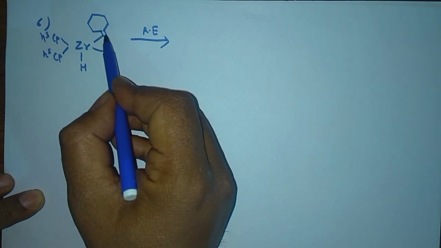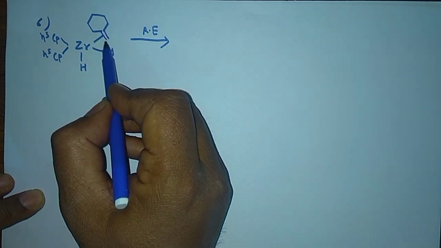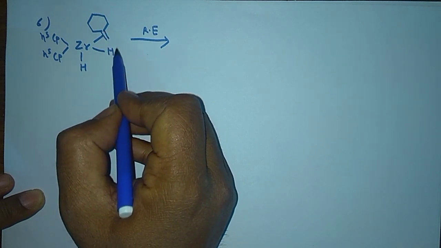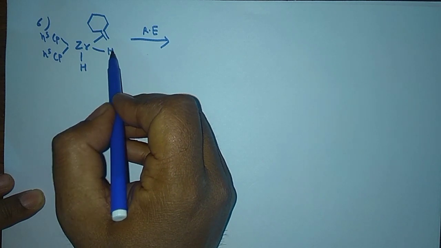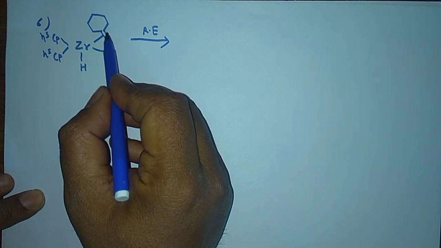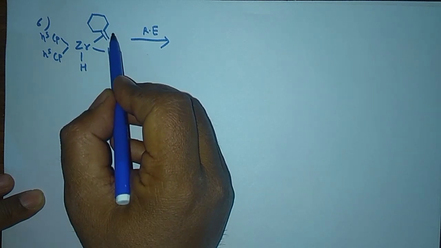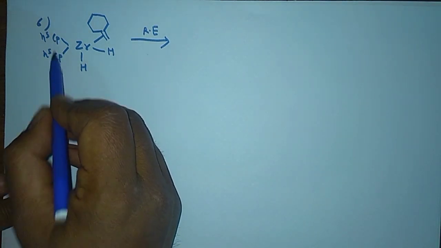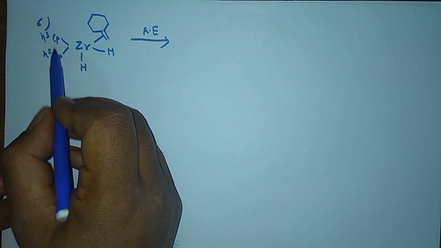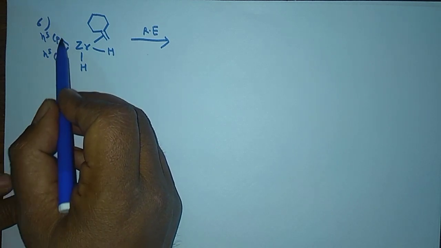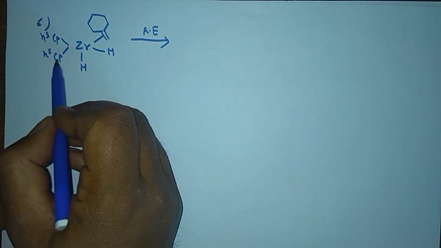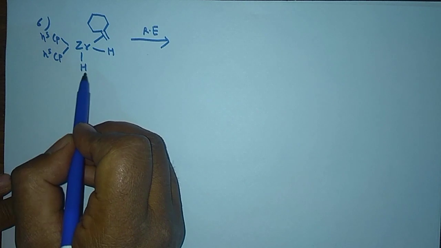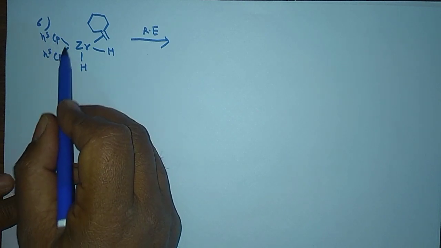So this cyclohexyl part and hydrogen have the cis relationship. But if you combine this with this, there is no way by which you can add the hydrogen to this one. If you add the hydrogen to this one somewhere, then it would be a reactive molecule. So you cannot eliminate these two. What option is left? These two Cp are having the cis relationship, but I have already told you these two Cp are quite difficult. They never eliminate from here. Similarly, this Cp and hydrogen: again Cp is there, so we will not eliminate because they are aromatic. We don't want to disturb them.